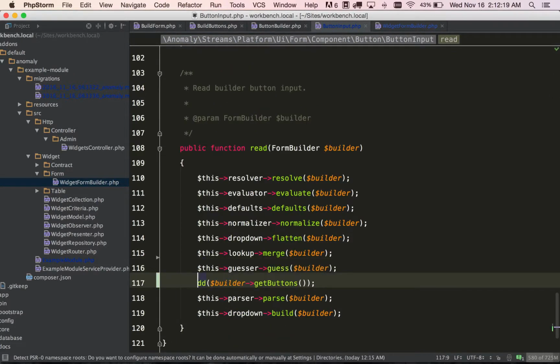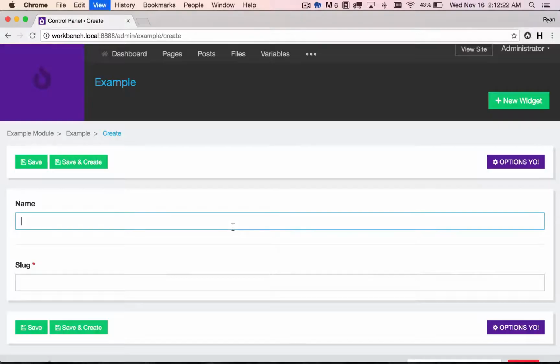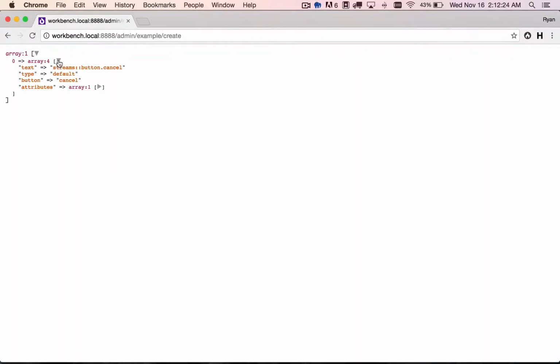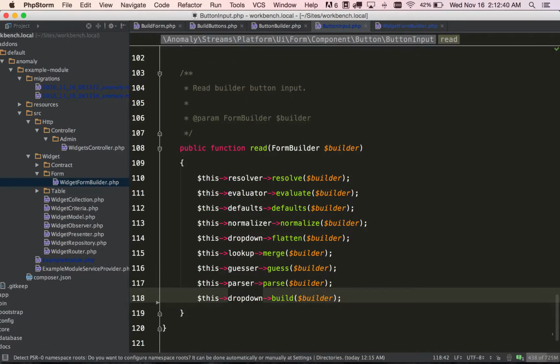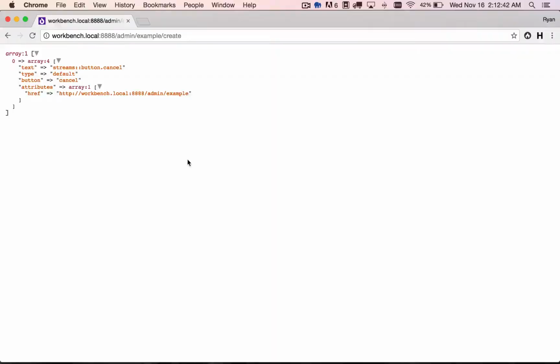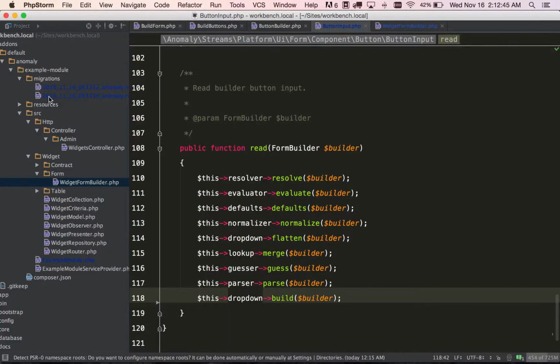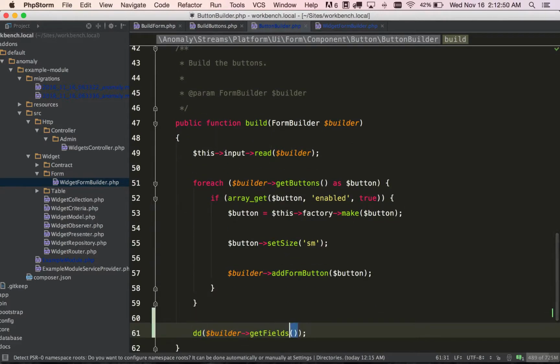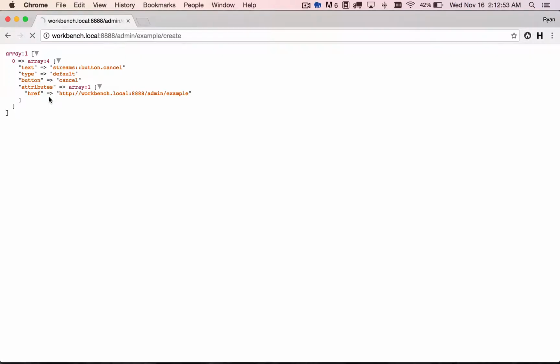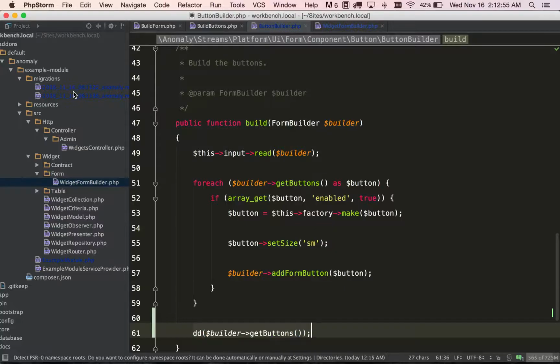So if we keep going down the list, let's just see what that ends up being entirely. And not a whole lot more except for the href attribute. Cancels, so it takes off the create part and just puts us back at the table. So that's a good example of how a simple cancel string can be expanded and built into this. And then if we go back even further and look at what it actually created, build